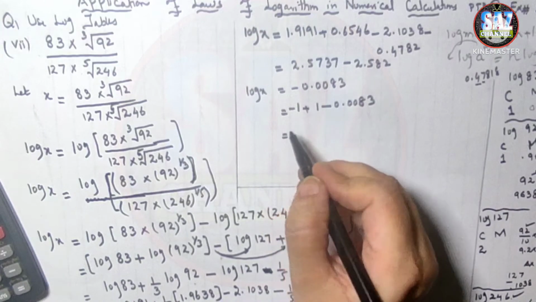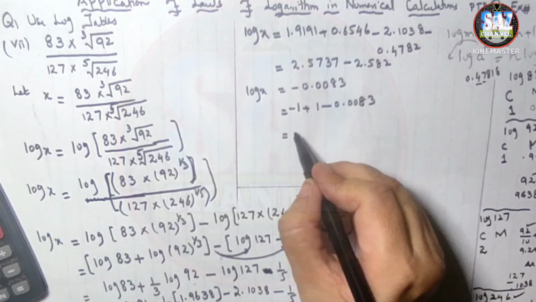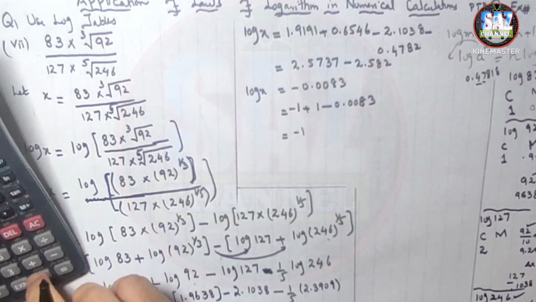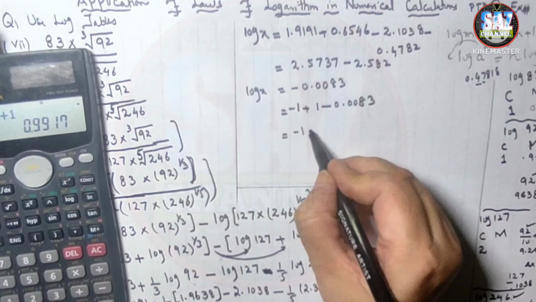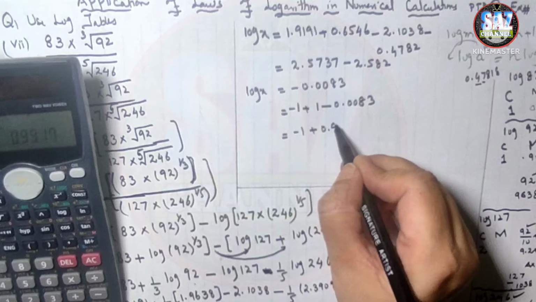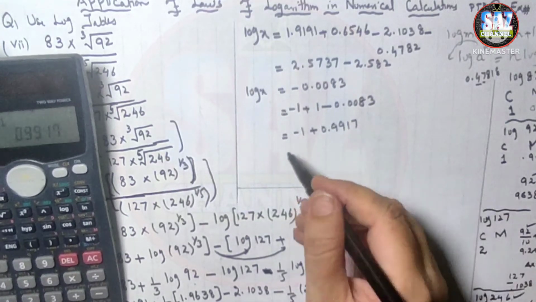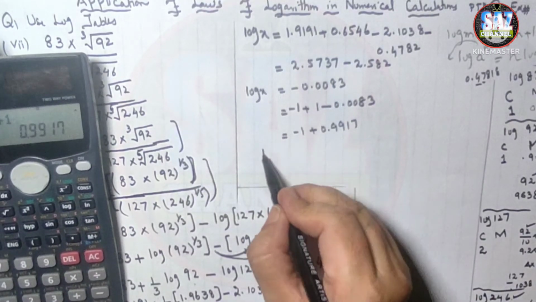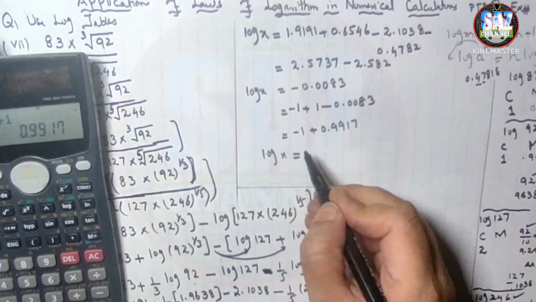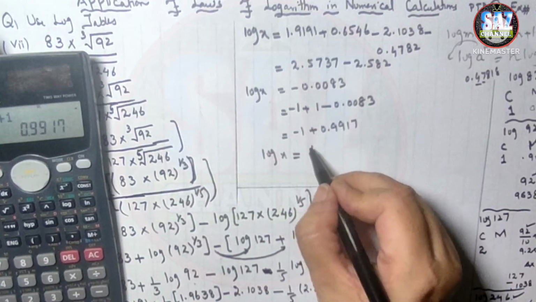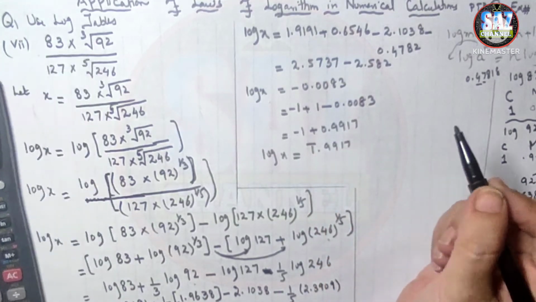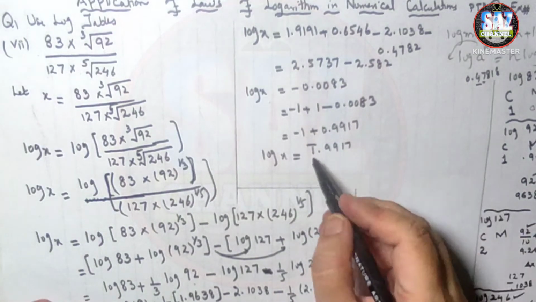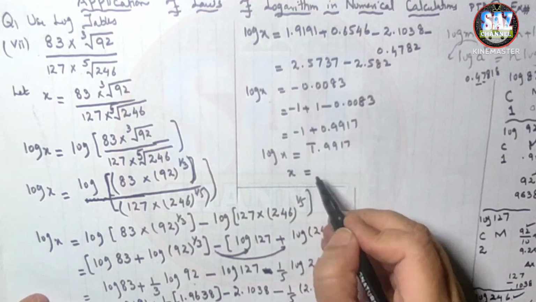Now this is minus 1 and I have to add 1 to this, and this gives me 0.9917. So log of x equals 1 bar 0.9917, the negative being written as a bar. Now, in order to get the value of x, we have to take